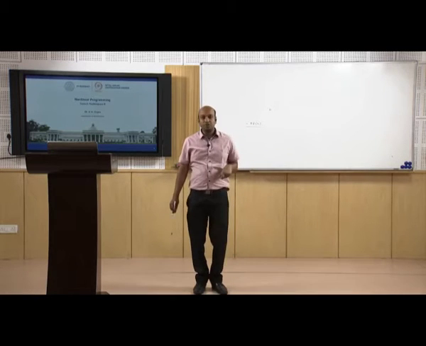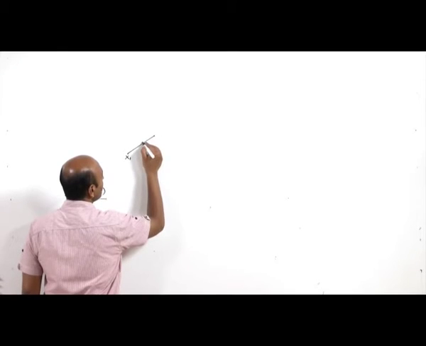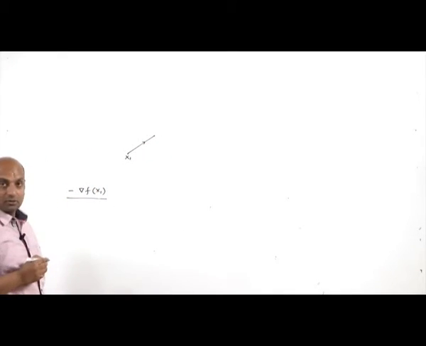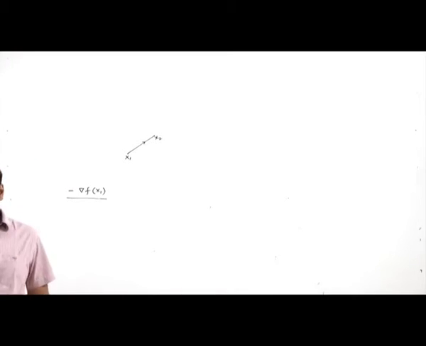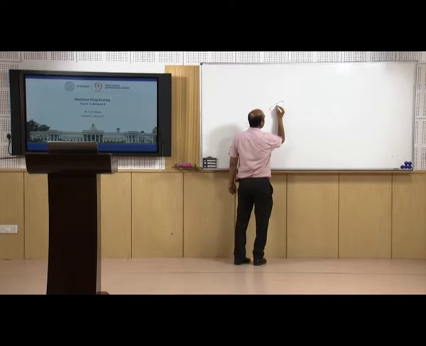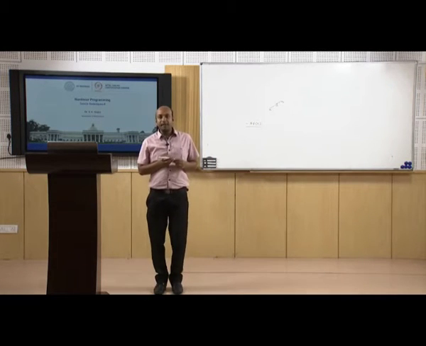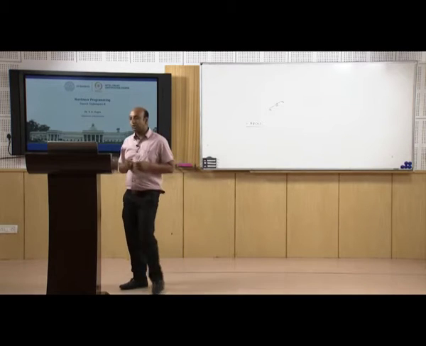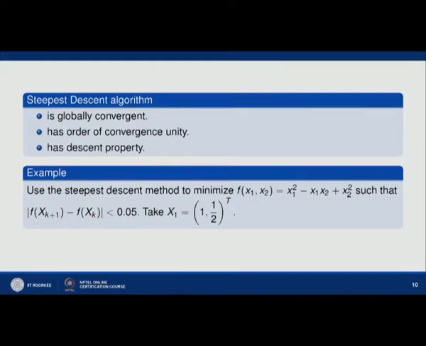Now, up to how much should we move so that we get a new experiment which is x2? That is basically the step size, the optimal step size. We can obtain that by simply minimizing f of x_k plus lambda_k times t_k. This will be more clear by an example, so we will discuss one example.